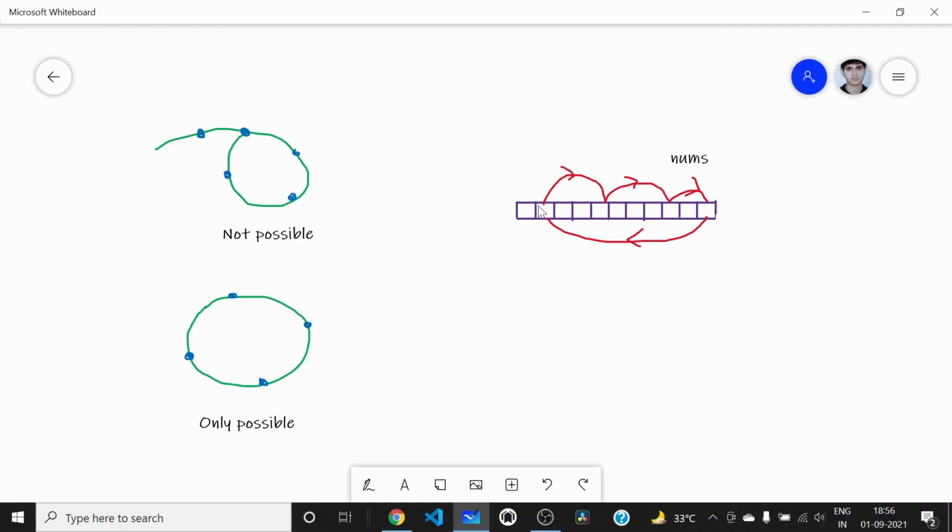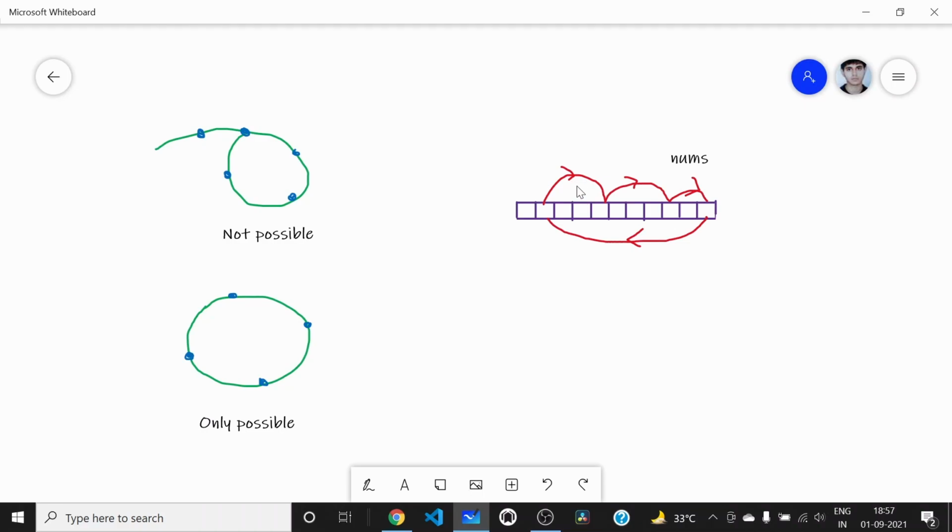So what will we be doing? We will be iterating throughout the array, and checking whether, suppose we calculated the set for this cycle, we will be marking these elements as visited, and next time if we visit this element, we won't be calculating the set for it, because it has already been calculated. So this is what we will be doing. We'll check whether some element has been visited or not, and if it has not been visited, we will mark all the nodes that come in its way as visited, and we won't be calculating them next time. So this is the approach we will be using.